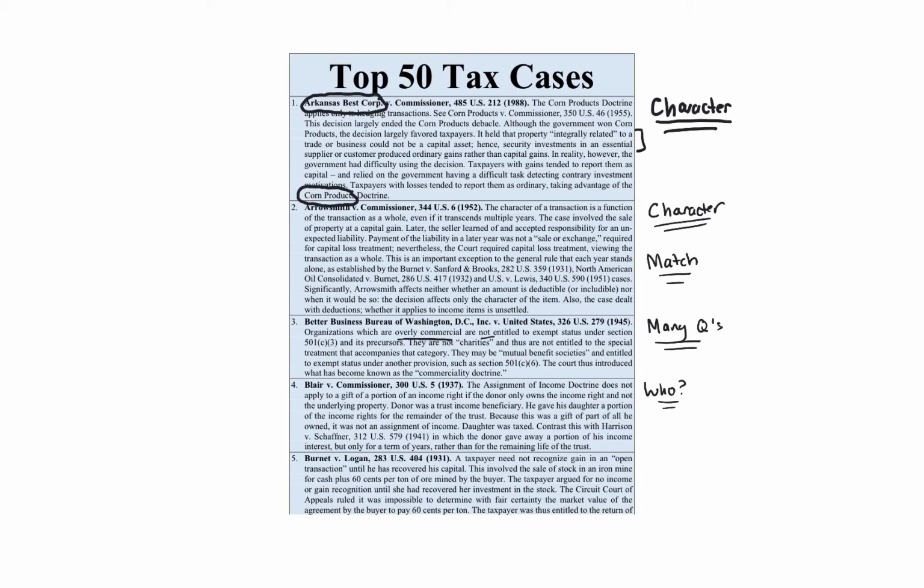There's a whole line of Supreme Court cases. Lucas v. Earl, Helvering v. Horst are the 2 main ones, but Blair versus Commissioner is another Supreme Court case that deals with that. And the idea established from Lucas v. Earl and Helvering v. Horst, which we're going to talk about in a few minutes, is the fruit and the tree doctrine.